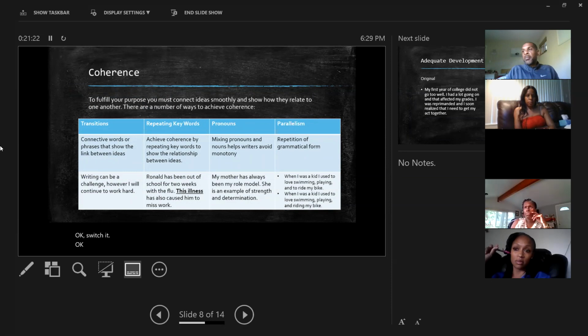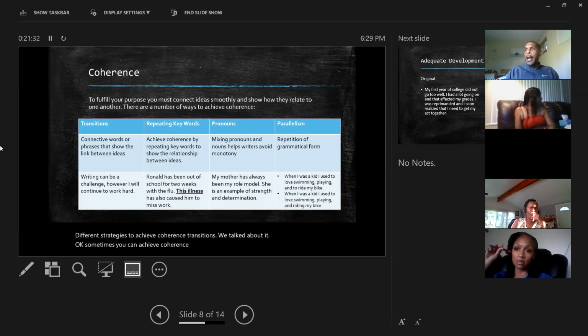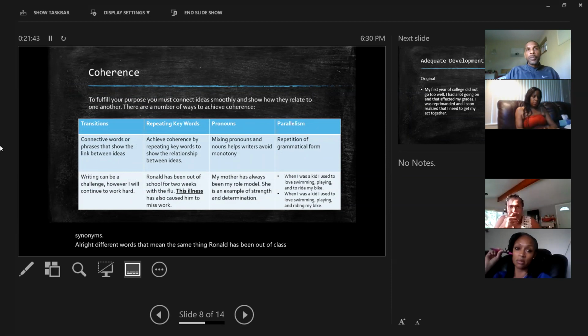Here are some different strategies to achieve coherence. Transitions, we talked about it. Sometimes you can achieve coherence by repeating keywords or phrases or using synonyms, different words that mean the same thing. Ronald has been out of class for 2 weeks with the flu.